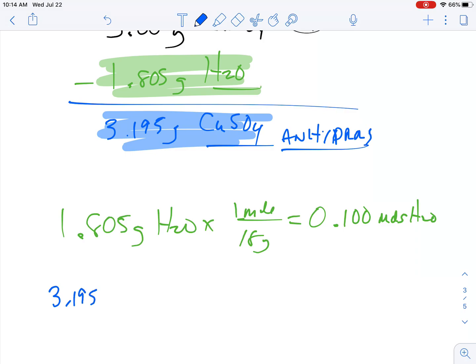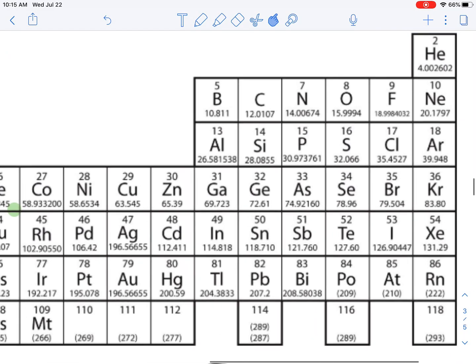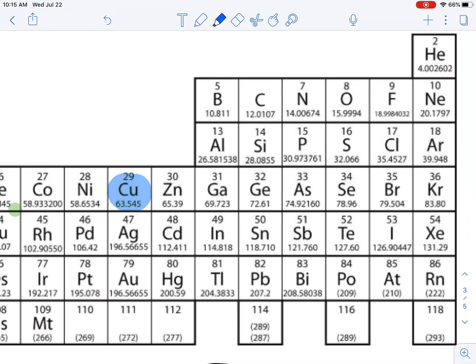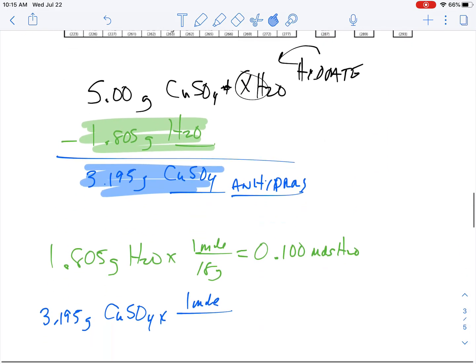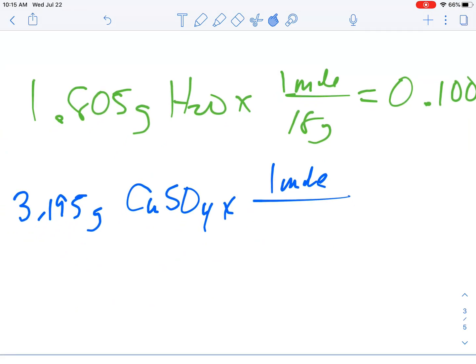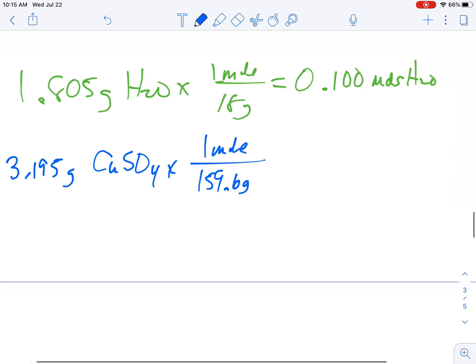And now I have 3.195 grams of copper sulfate, and all I got to do is figure out how much that weighs. So that's what my periodic table is for. Come back up to my periodic table. I have 1 copper, I have 1 sulfur, and I have 4 oxygens in copper sulfate, CuSO4. So this is a 1, a 1, and a 4 that's there. And assuming I have done my math right on things, I've got a formula weight of about 159.6, depending on where you round and so forth. I usually try to round to that first decimal place. I'm not always good at that. And if you do the math on that, you end up with this being